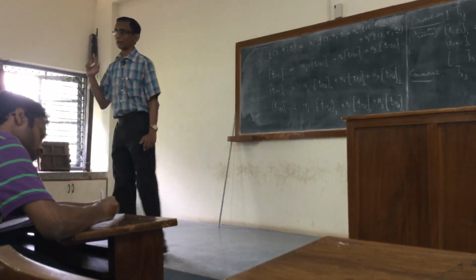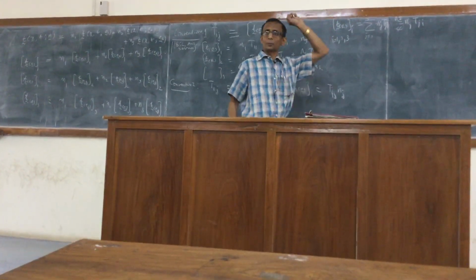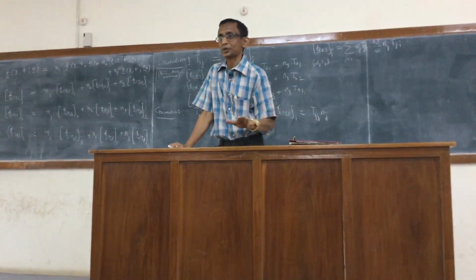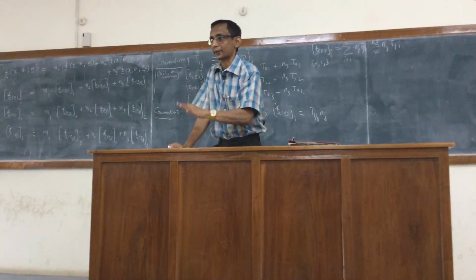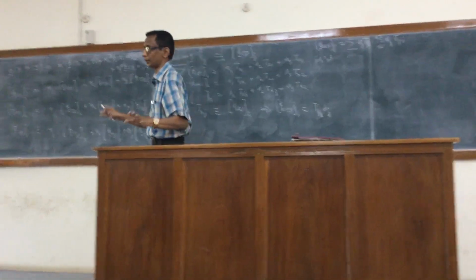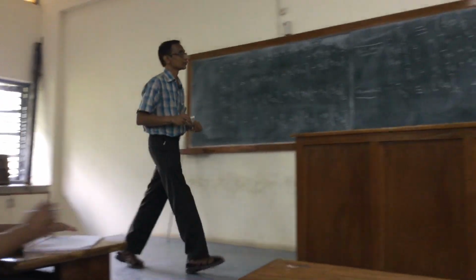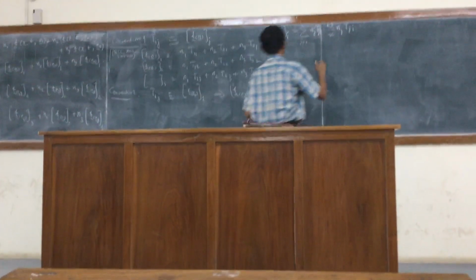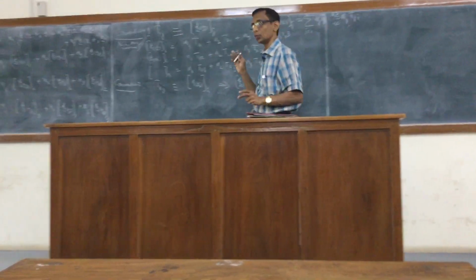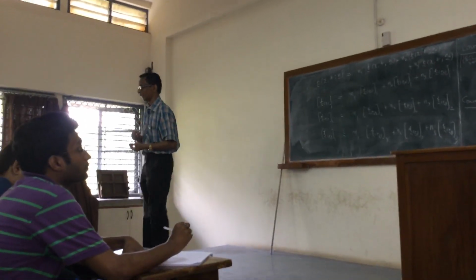When you choose the index, it's very important. The moment I have put i here, that means I am referring to a particular component. That means i cannot be used as a summation index in any case on the right hand side. I can use j, k, l, m, n, whatever you want. i cannot appear as a summation index. That's very important. You have to remember. So Nj Tji is what it is, and this will now lead to a new product, which is the dot product of a vector with a tensor.